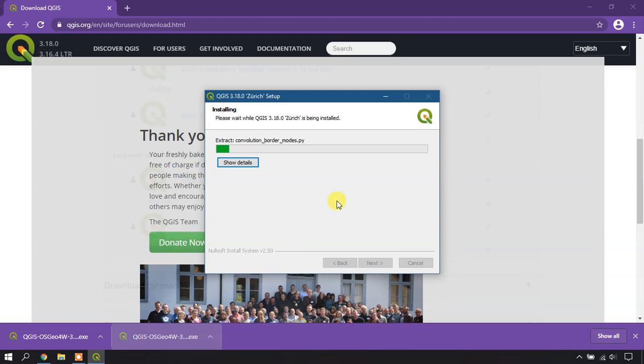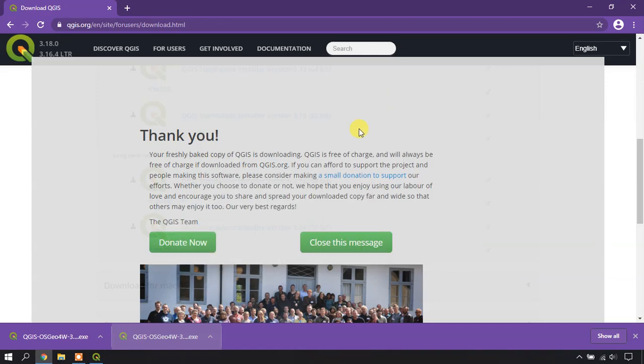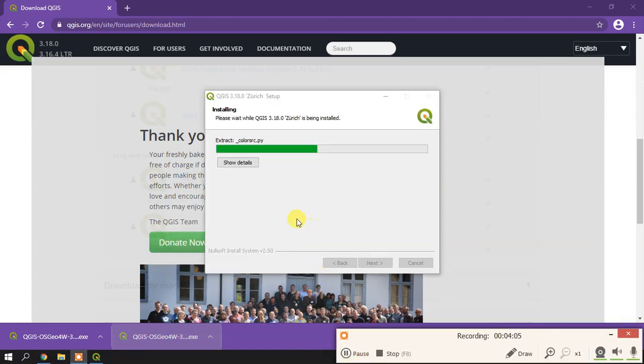Now the latest version is being installed. Based on your system's capacity, the installation will be faster if you have an SSD with a higher processor, such as an Intel i5 10th generation or 7th generation. The installation will be much faster.